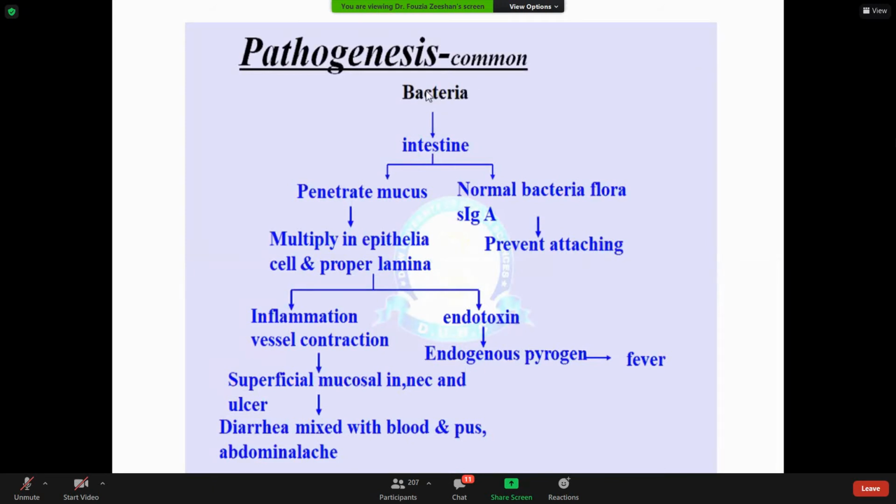First, the bacteria enter the intestine, penetrate the mucus layer, then enter the epithelial cells and start multiplying. Normally, we have normal bacterial flora that produces IgA, so it prevents attachment. This normal flora is present in all human beings. It is part of the immune system of our body. So when the number of bacteria and the toxicity level are high, and the patient is already immunocompromised or already experiencing